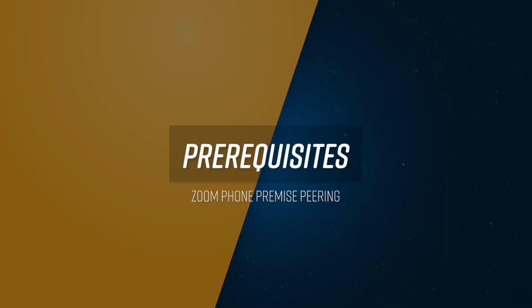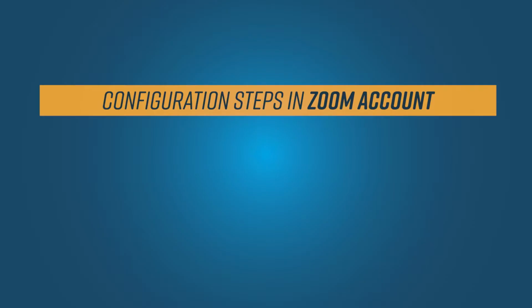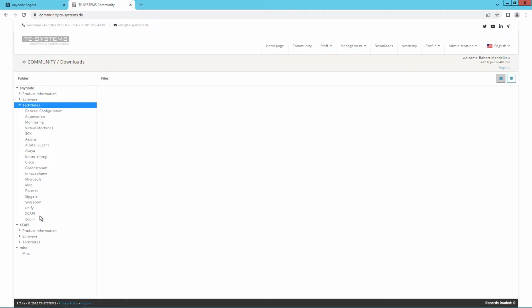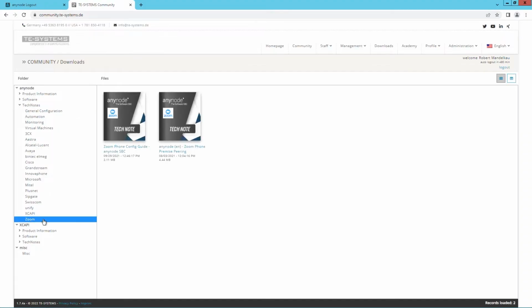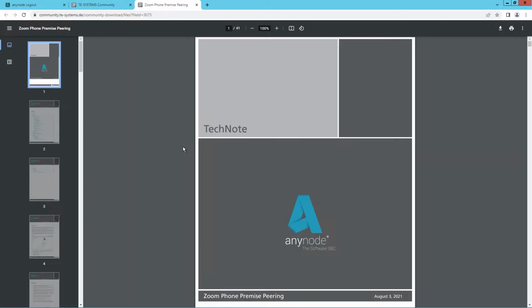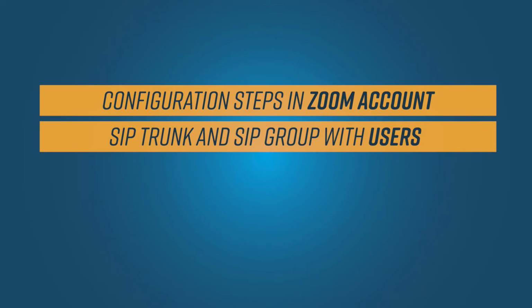For a successful configuration with Zoom Phone Premise Peering, you need the following prerequisites. Configuration steps in your Zoom account. You will find more information on that in our tech note Zoom Phone Premise Peering in our community. A SIP trunk and SIP group with referenced users in Zoom Phone and the required configuration and connection to anynode